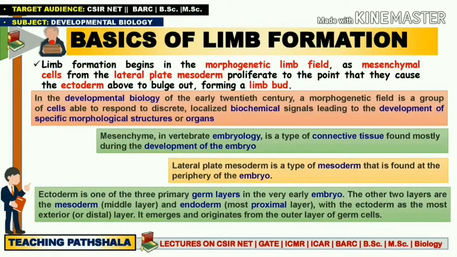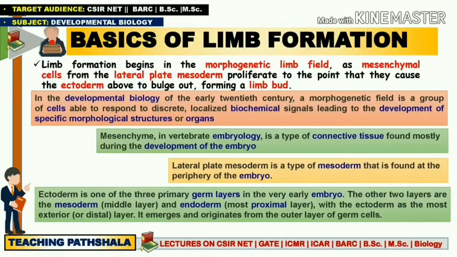See, first of all we have understood what is a limb, and we are dealing with tetrapod limb development, and we also know what tetrapods are. Okay, so in this way we are going to deal with the developmental process of limbs. That means how the hands have formed, how the wings have formed, what are the processes through which the legs have formed. For dealing with this we have to go through some more terms related to developmental biology, like the example you have already seen in this particular definition. So in simplified form, we are dealing with the developmental process of hand formation, leg formation, and wing formation in tetrapods.